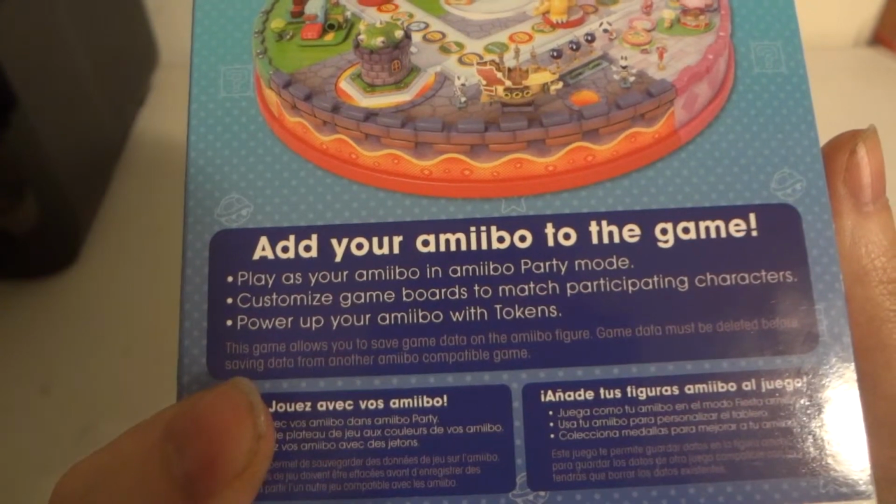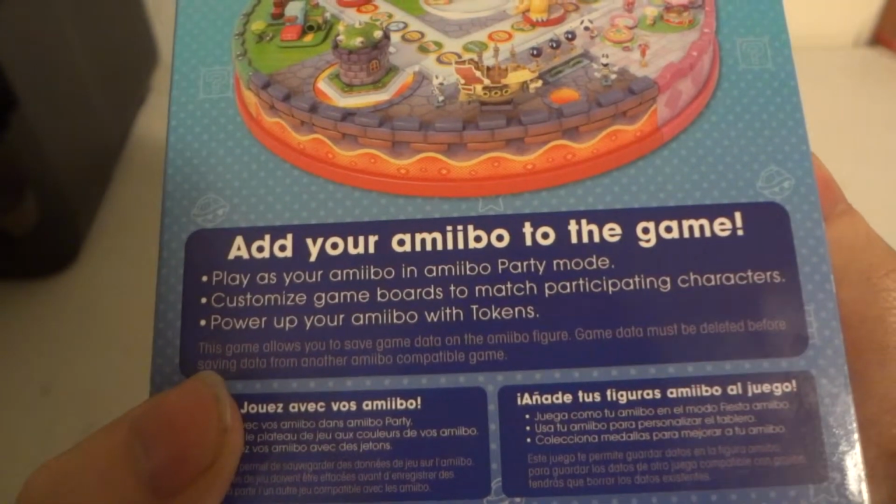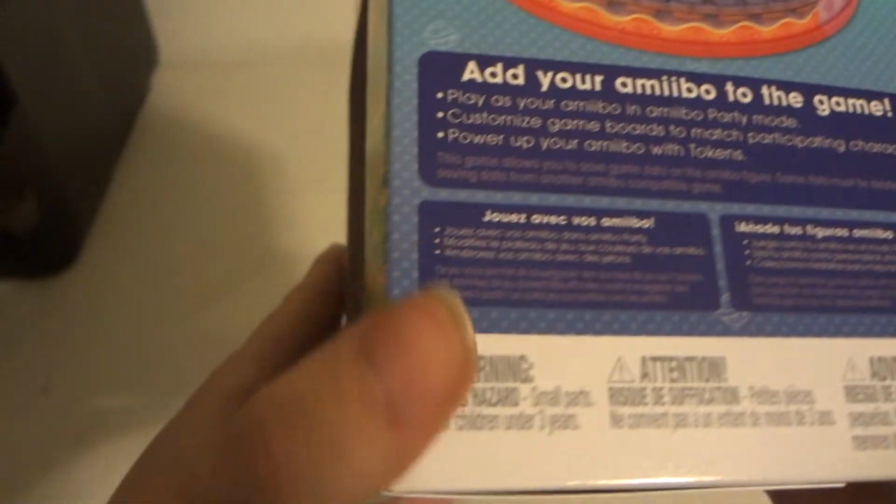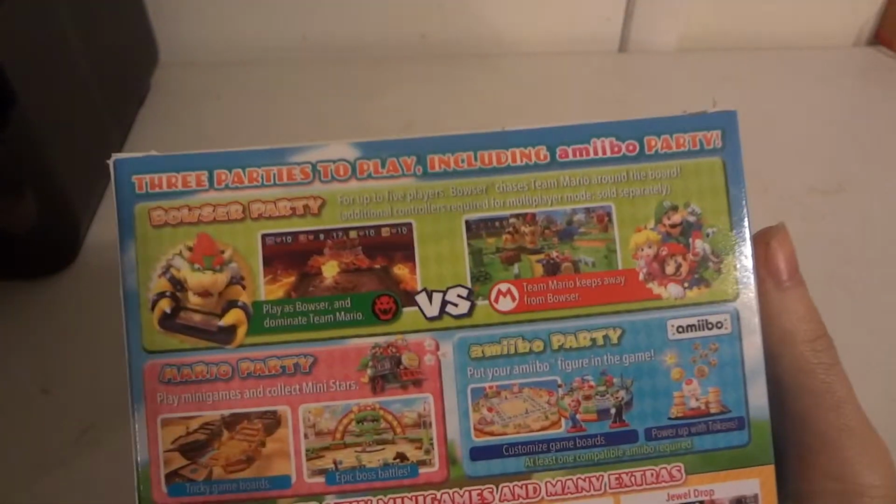Customize game board to match participant characters. Power up your amiibo with tokens. On the other side it tells you what you get: the Wii U Mario Party 10 game, plus the Mario amiibo. And on the back,